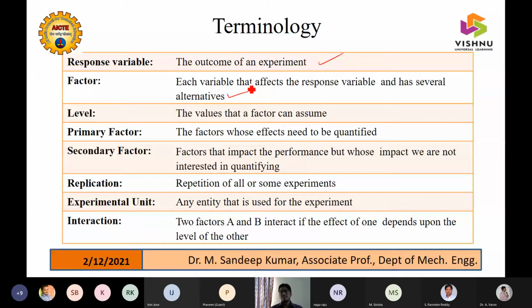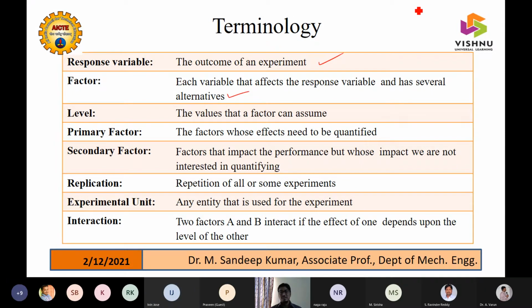If you see in thermodynamics, heat transfer, machine design, manufacturing, most of the time we just say that we are keeping something constant, isn't it? Ambient temperature, we keep it as constant, and in design also we keep many things constant. Some things, from their experience, they have kept constant. But for a new researcher, or when we are entering into a new area, generally I suppose that research means entering into a new area.